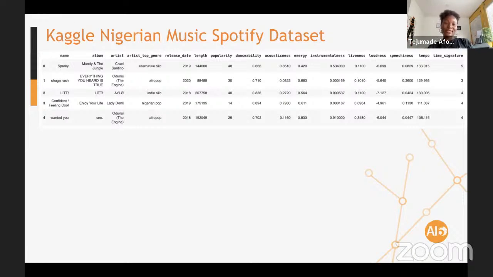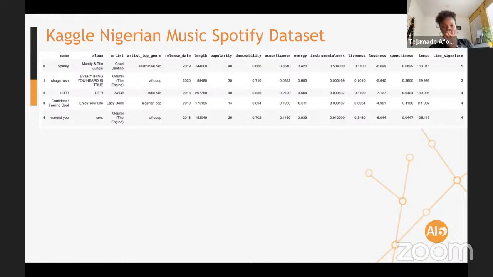The Kaggle Nigeria dataset is a very simple dataset. Each row is a track, the name of the song, and then you can find the album where the song appeared, the name of the artist, the top genre of the artist, when the song was released, the audio length, I mean how long the song is.